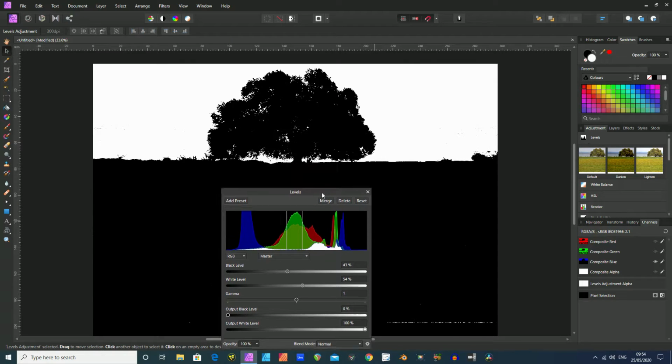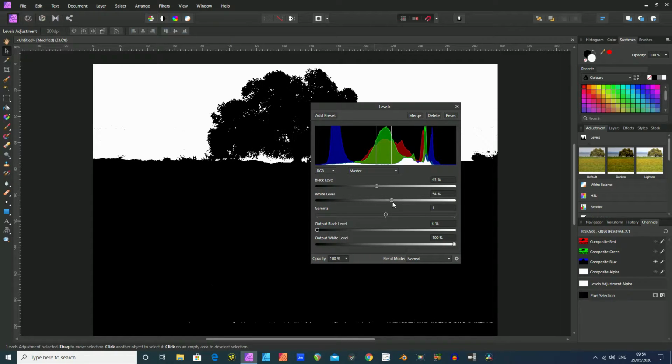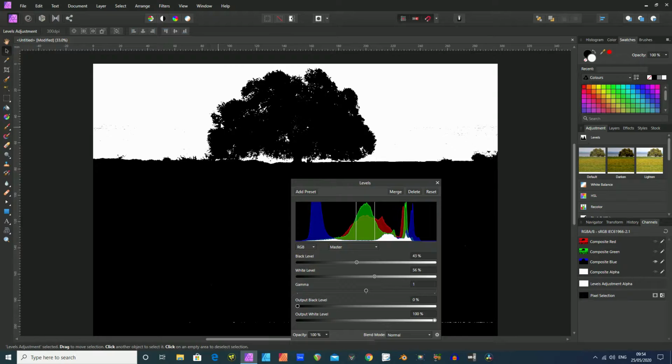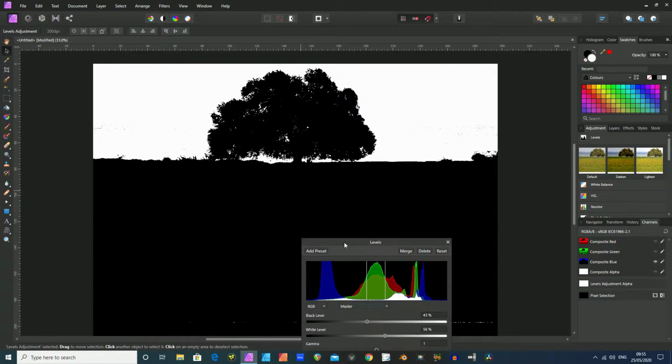There we go. Now that's not a bad job, but I actually want to make this worse, to be honest, because I just want to show you something where it might not be perfect. And also you can extract a bit more detail out of it if you do it the way I'm going to show you. So what I'm doing, I'm just moving everything back a bit to allow the details of the leaves to stay, but you'll notice that now there's some flecking going on here in the background area there,